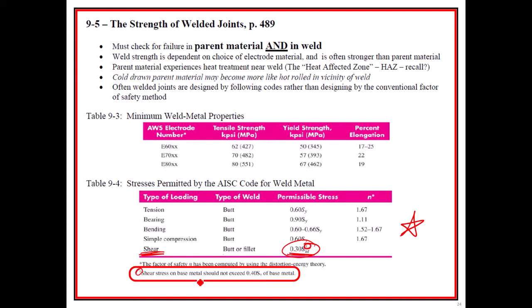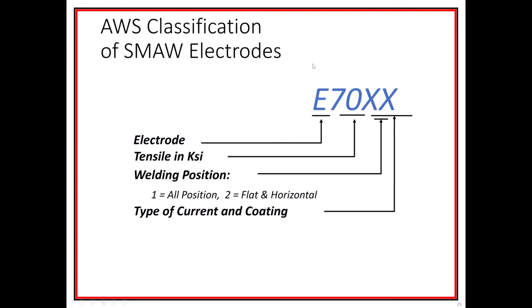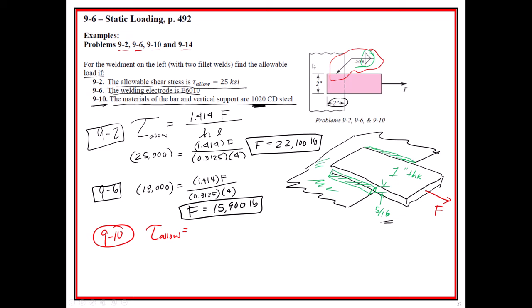It says shear stress based on metal should not exceed 40% of the yield. So we have to check both 30% of the ultimate and 40% of the yield, and we also need to make sure that we take that cold drawn and turn it into hot rolled in the vicinity of the heat affected zone. So we have either 30% of 55, which is 16.5 KSI,